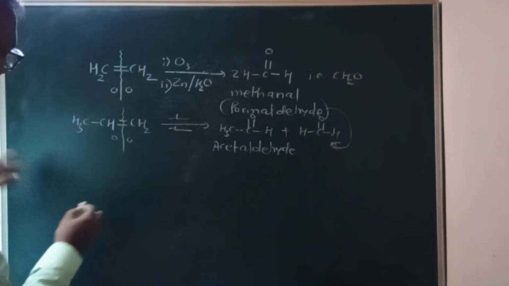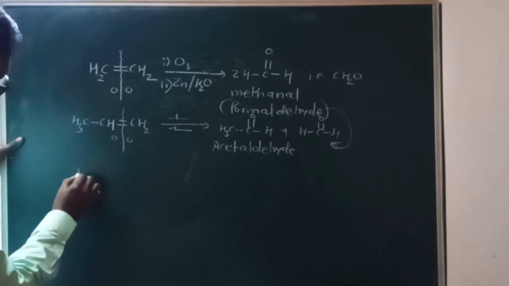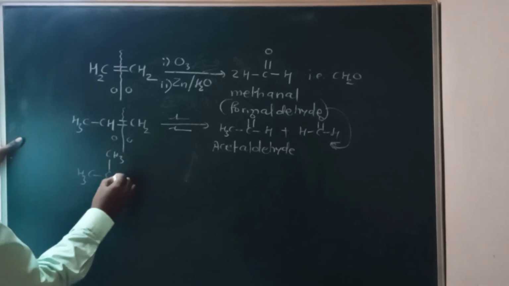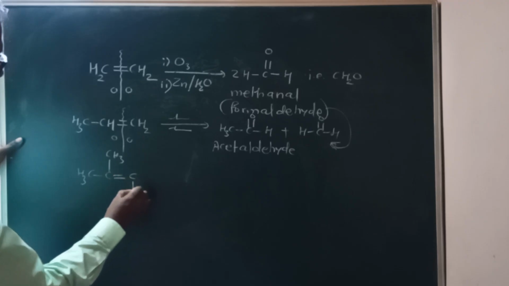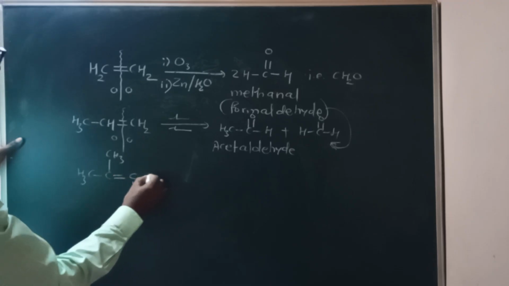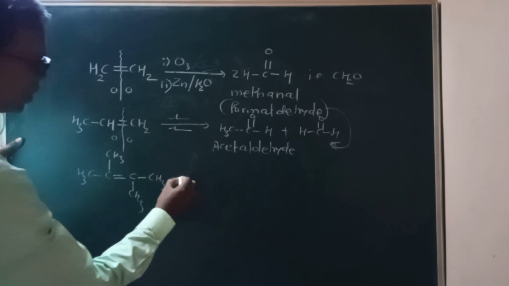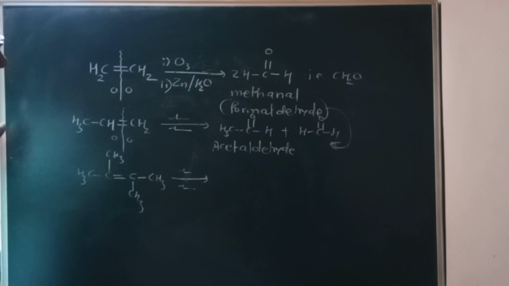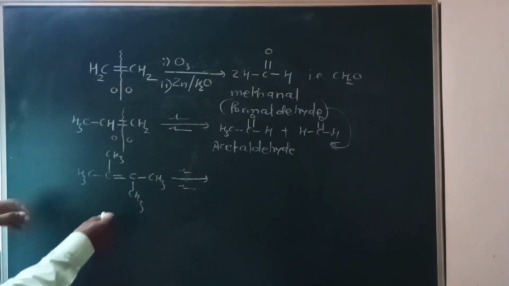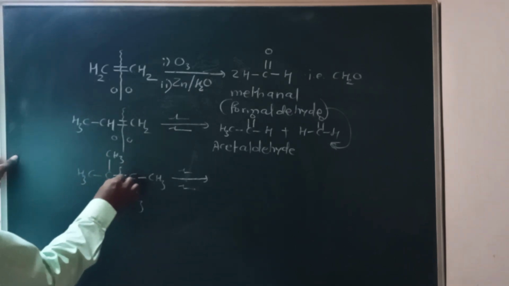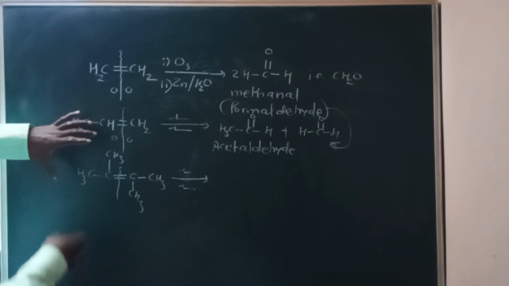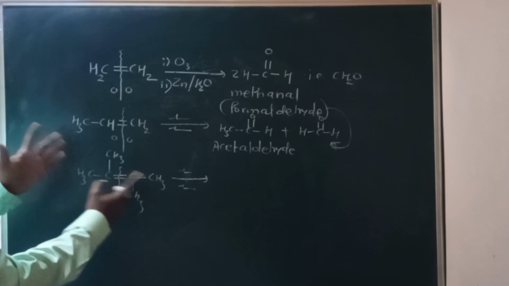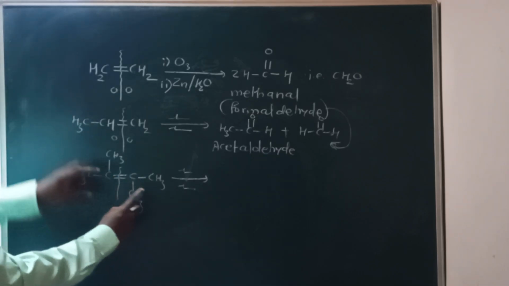Let us have one more example. Suppose I use here CH3, then C, then CH3, then double bond C, then CH3, then CH3. If they give you this type of condition, then the reaction becomes an ozonolysis reaction. So breaking takes place across this carbon-carbon double bond. Now first of all, you check the symmetry of this alkene. Symmetrical or unsymmetrical? Yes, it's a symmetrical alkene because the substituents of these two unsaturated carbon atoms are